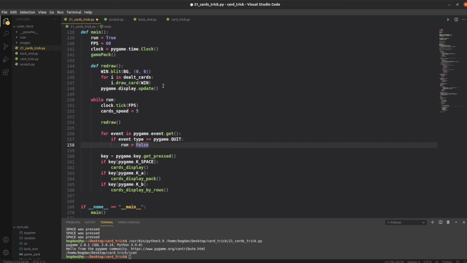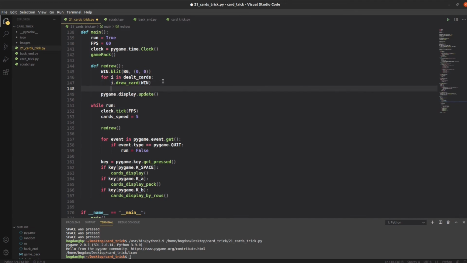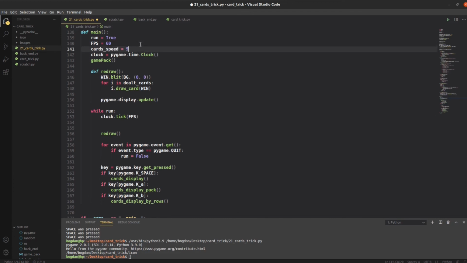Actually, I have to define this in some other place. Underneath frames per second, I will say card speed equal to 5,